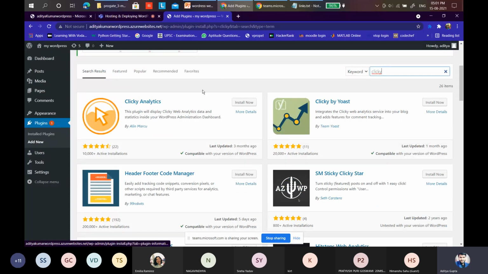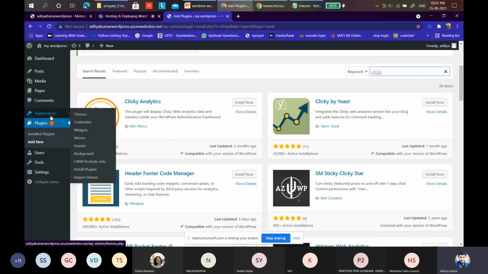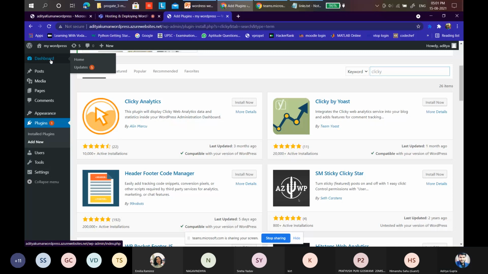So you can click on the analytics, and you need to add some credentials for it, and then you can use the analytics to see who is using this website. But as of now, we are lucky because Azure comes with everything. You don't have to worry at all. So that's the benefit of using Azure. So I'm skipping this as of now. I'm just going to the dashboard.